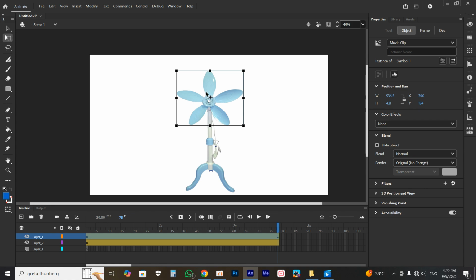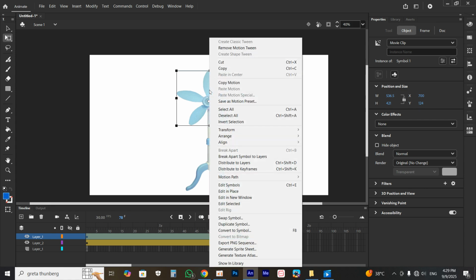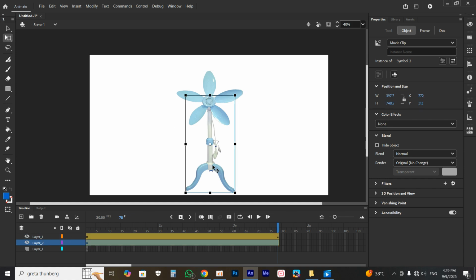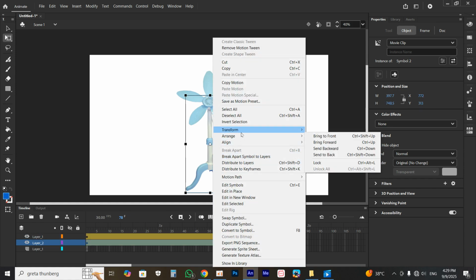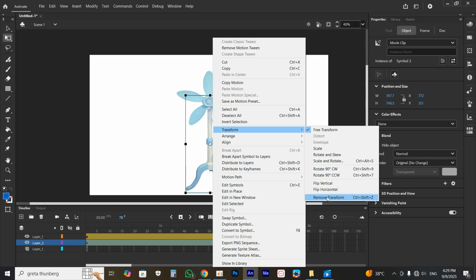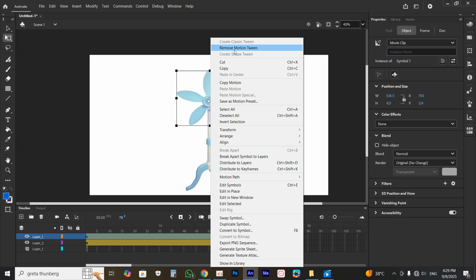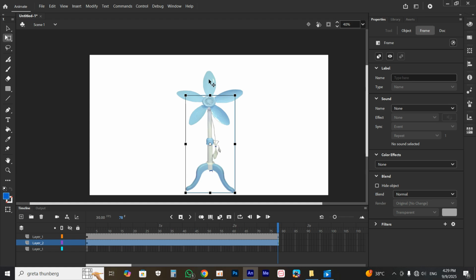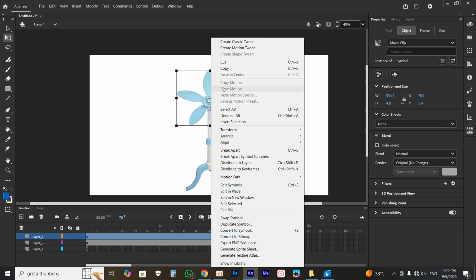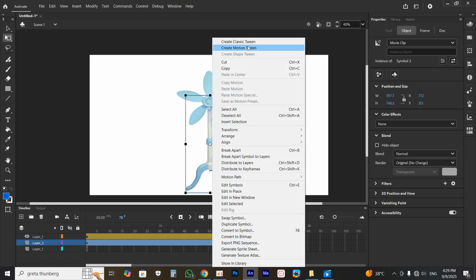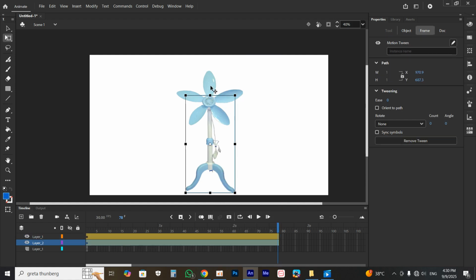Click here at the fan and right click and go to Transform and click Remove Transform, and in the stage make again Transform and Remove Transform, and turn to the fan, right click, remove motion tween, and the stage like the fan, remove motion tween, and turn to the fan, right click and go to Create Motion Tween, and turn to the stage again, create motion tween, and now turn to